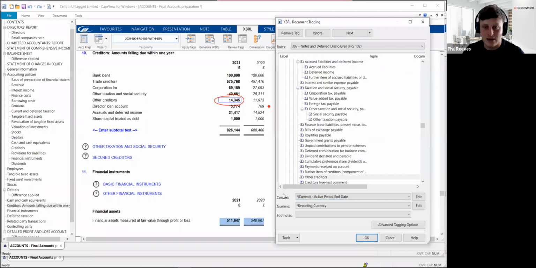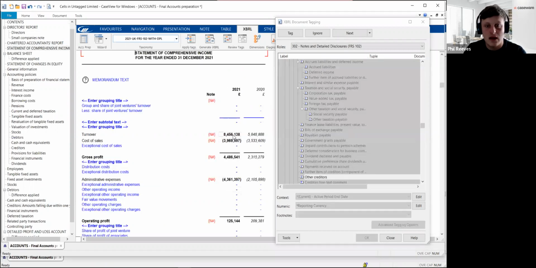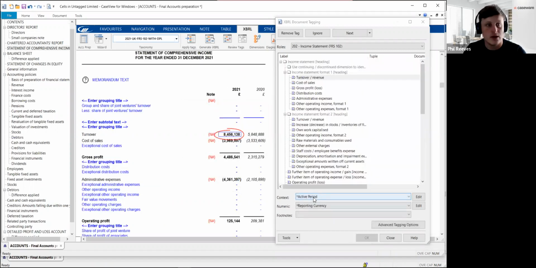One thing I would point out, and the easiest way to remember which one should be used, is that in most cases, if you're referring to a balance sheet item, then it will be an active period end date tag, or prior period end date if we're looking at the prior year. But if you're looking for a P&L code or information that refers to the entire period, like obviously the P&L does, then it would just have the tag of active period. Just to show that, for example, go up to the statement of comprehensive income, click on turnover, you can see it's got active period as the